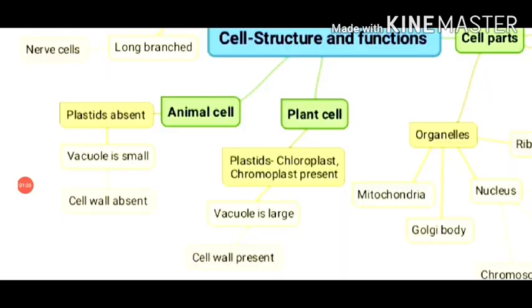After which, we did the difference between plant cell and animal cell. Plant cells differ from animal cells in having an additional layer around the cell membrane which is called the cell wall. So, the cell wall is absent in animal cells and it is present only in plant cells. Moreover, colored bodies called plastids are found in plant cells only, and they are absent in animal cells. Apart from this, plant cells have a big central vacuole, unlike a number of small vacuoles in animal cells.